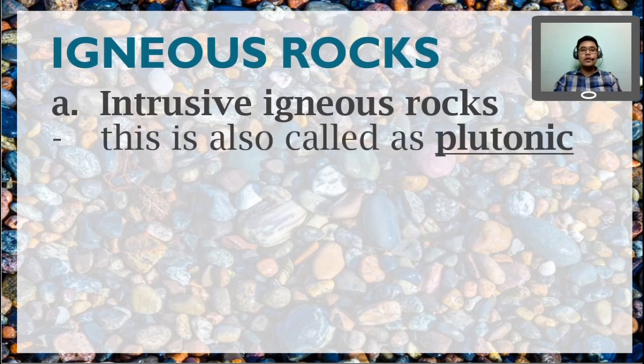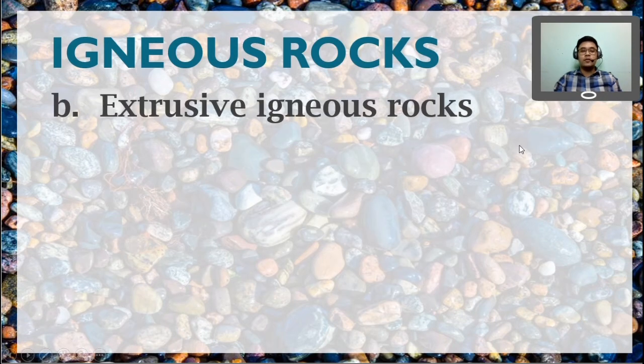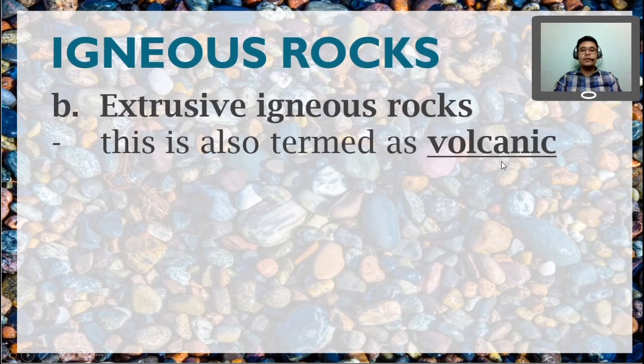Intrusive igneous rocks are also called plutonic igneous rocks. It is actually the result when magma cools and crystallizes slowly within the Earth's crust. A common type of this is granite, which is the most abundant type of intrusive igneous rock. On the other hand, the extrusive igneous rocks are also called volcanic